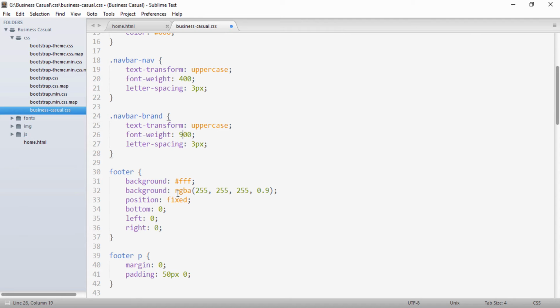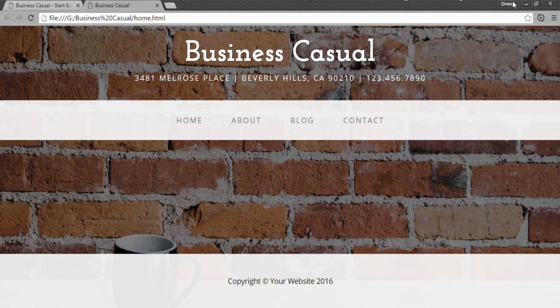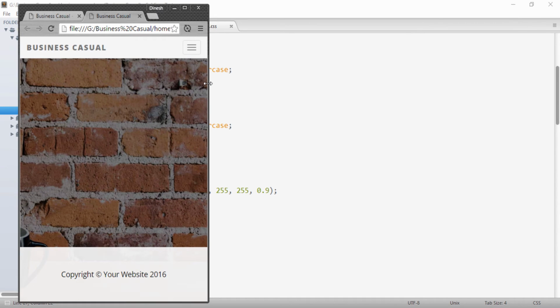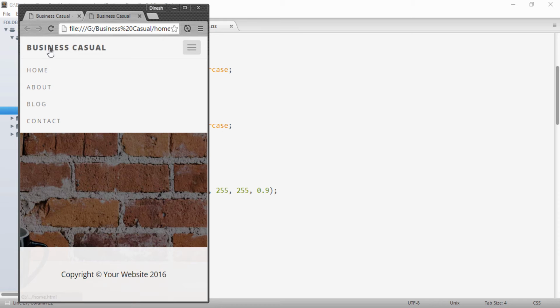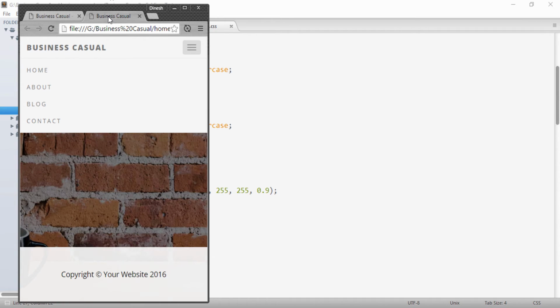I will give it a value of 900, and letter spacing I give as 2 pixels. So if I save it and go to the browser, and decrease the width of the browser, you see that it looks exactly like this.